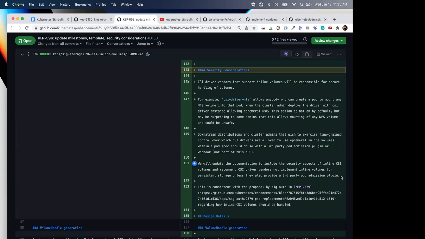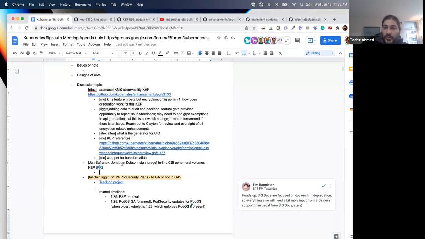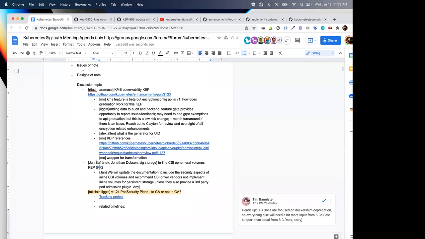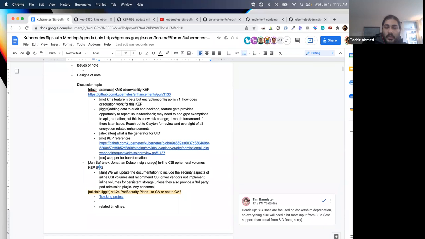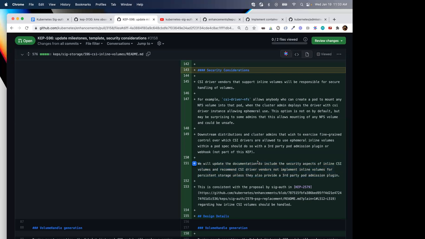Would that be fine? I have maybe a dumb question, or don't quite understand what's going on. Is there something that prevents the CSI driver NFS from using the service account of the pod to do the NFS connection? No, it's up to the CSI driver, and we can't enforce it in Kubernetes. CSI is a very open protocol, and the driver can do anything. If they choose to implement service account checking, they can, but we can't enforce that.